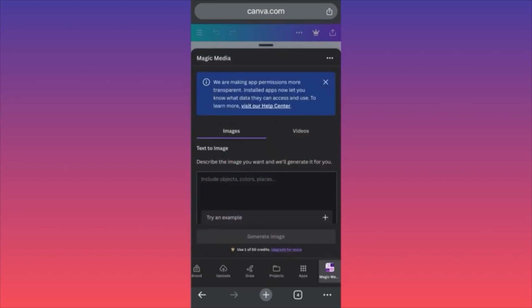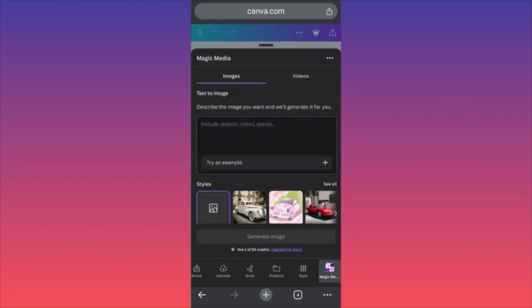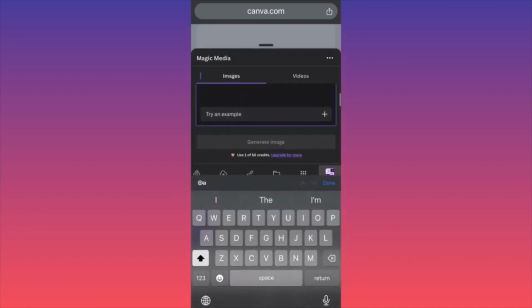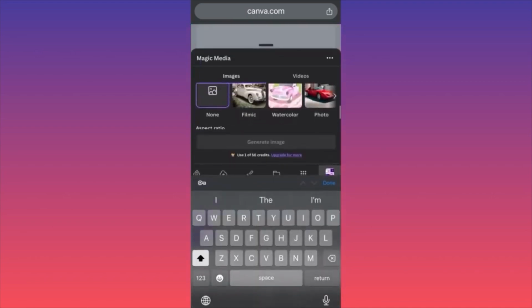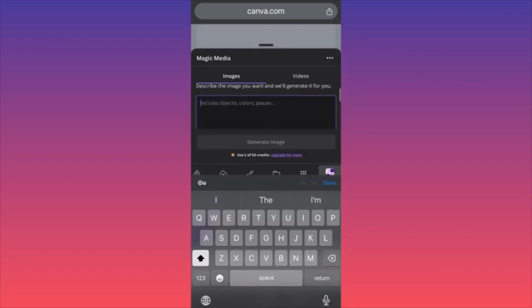The way this actually works is that when you come over here, you have to type a particular prompt. When you type the prompt, you also have to choose underneath the style of the prompt. So in our example, we are going to create